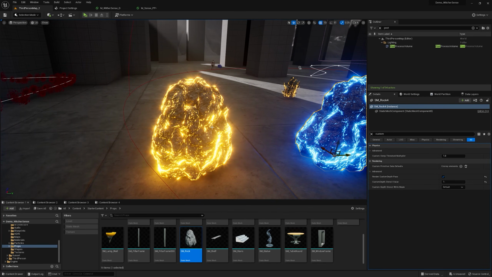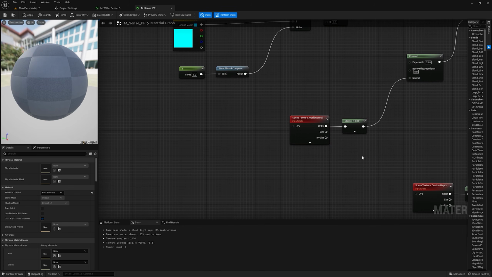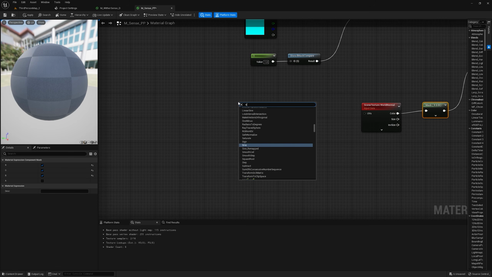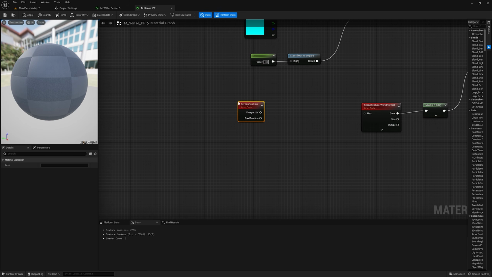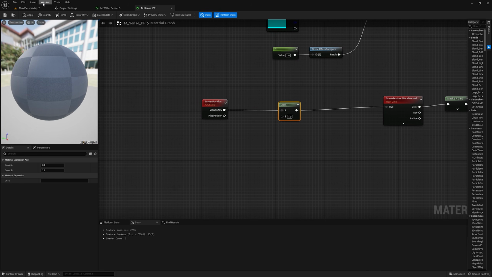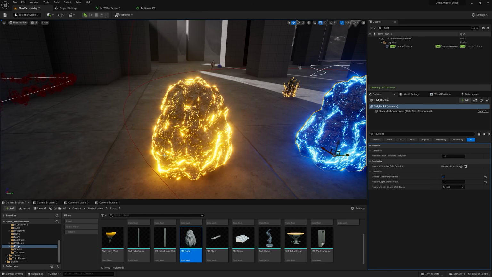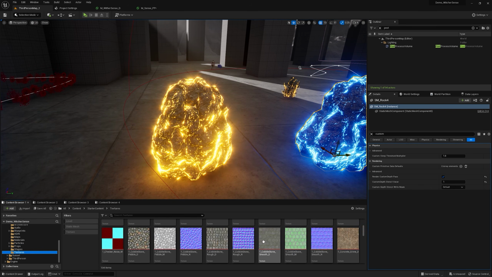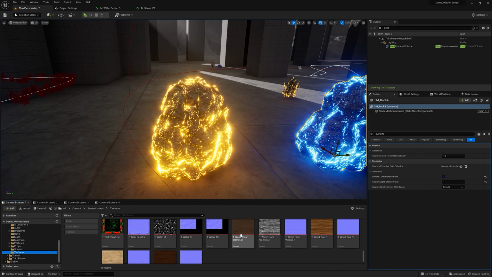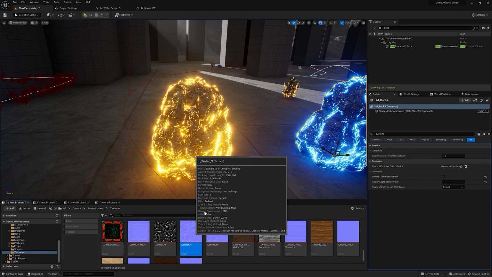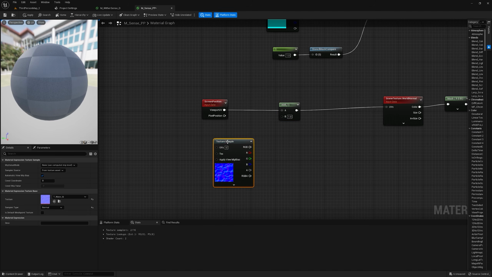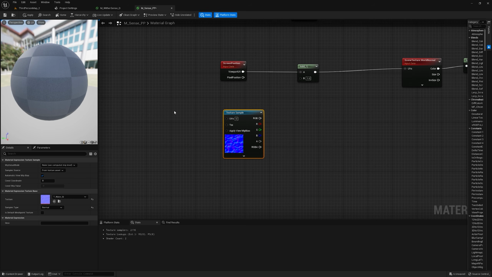Now to make it move a little bit, we can distort this world normal like we did for the blood effect. So in order to do that, just get a screen position and now get an add node and connect this here, connect this to the UV here, and here we need to get a texture. We can use the same old water texture that we have, this one. Bring that in, get a panner,